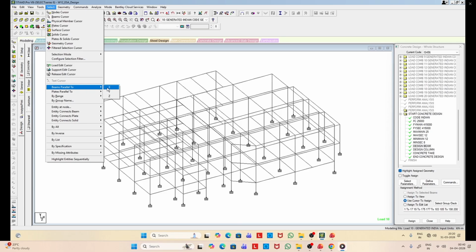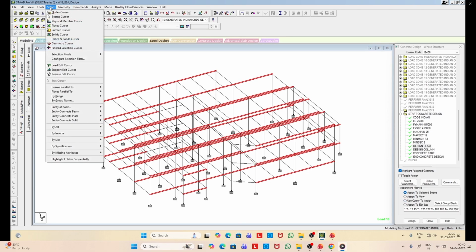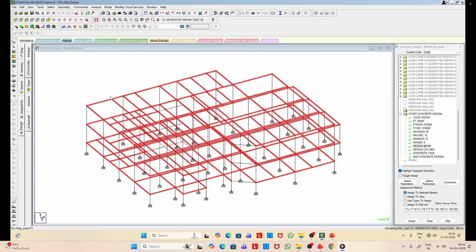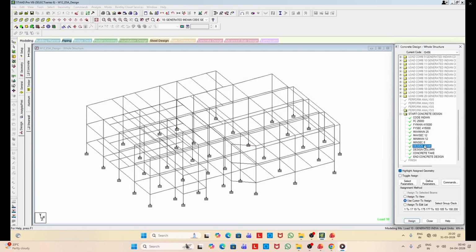For that, what we can do, we can select the beams and then we can assign it to view or selected beams. Somehow it's not assigned yet, so let us check it once more.